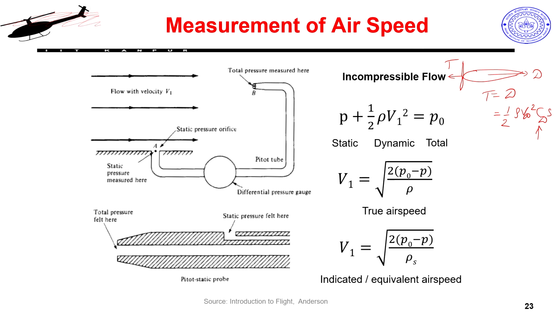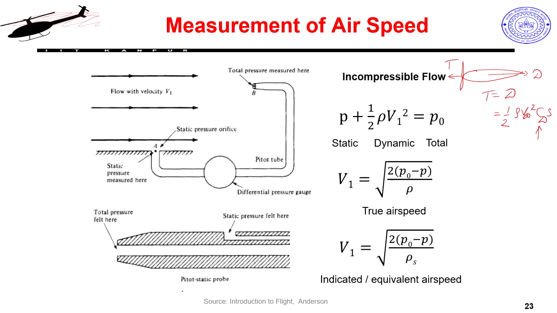So, my autopilot should be able to command the right amount of thrust to take it to higher velocity and be able to maintain that, which means I must have a sensor which measures my airspeed. This is the same technique which is used on a manned aerial vehicle, and that technique is basically the use of a pitot static tube. What is this pitot static tube? This is a picture of that.